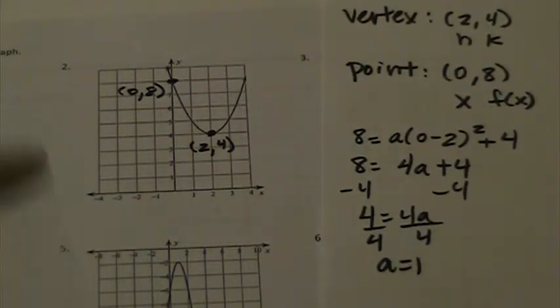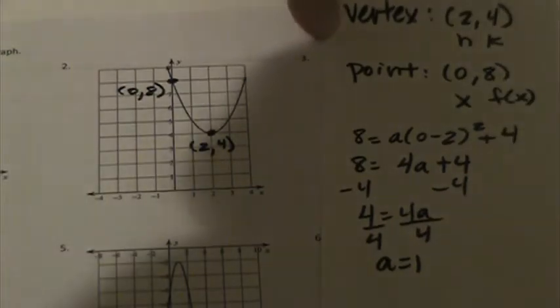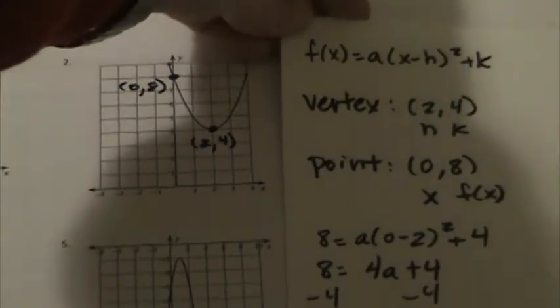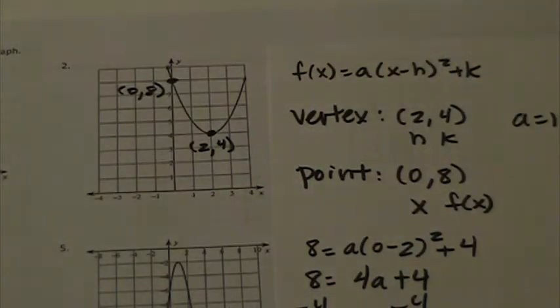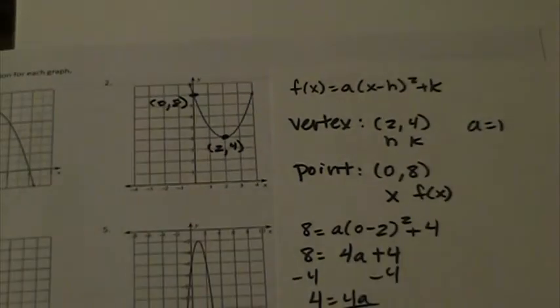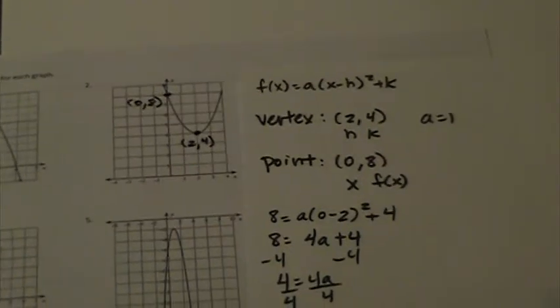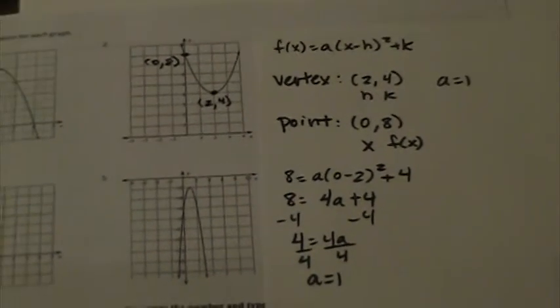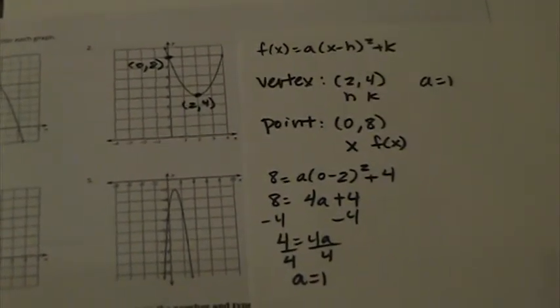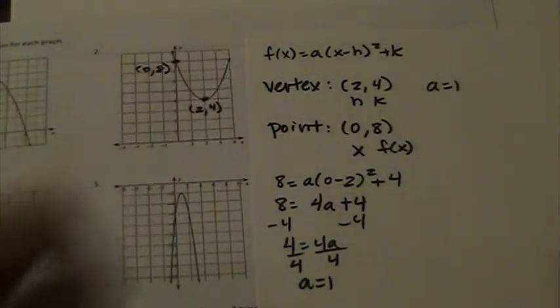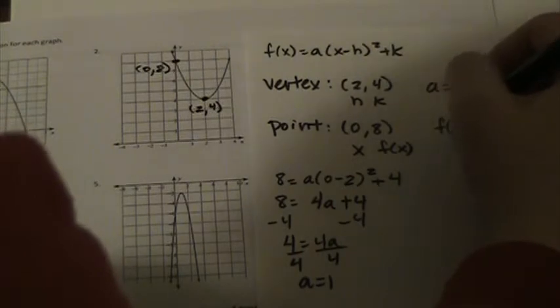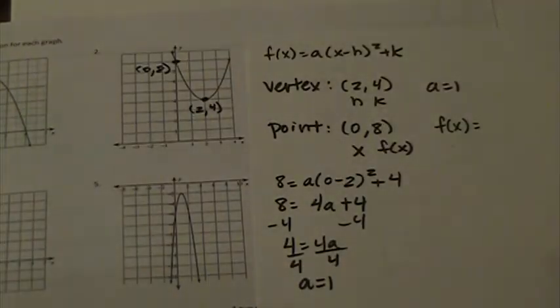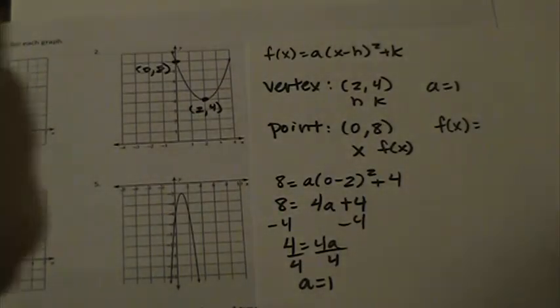So that's my A value. So now I have my vertex and I have an A value. A equals 1. So what that allows me to do is now write my equation for this particular parabola. All I have to do is write f of x equals, and now instead of a, I write what a equals, which is 1,